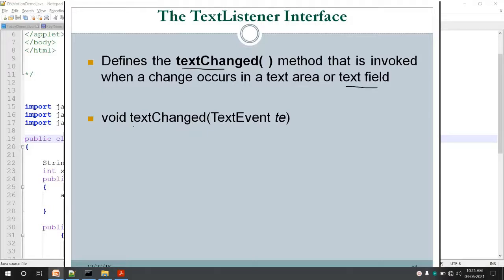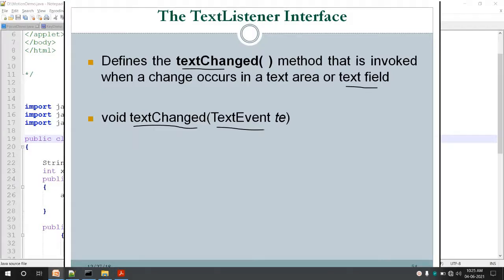It contains a method called text changed, which takes a text event as an argument. The text listener is notified whenever there is a change in the text area or text field.